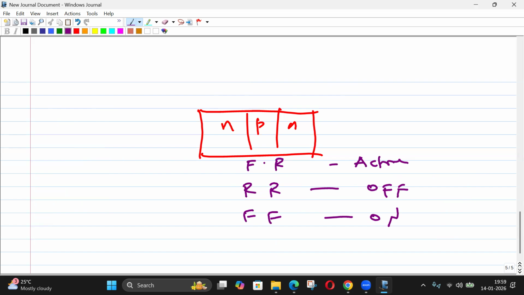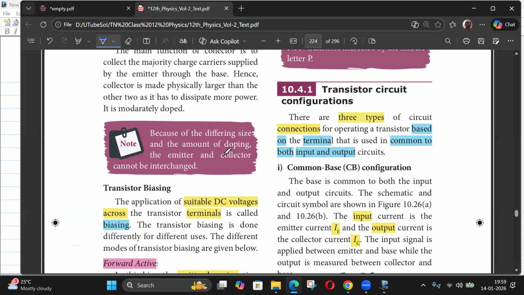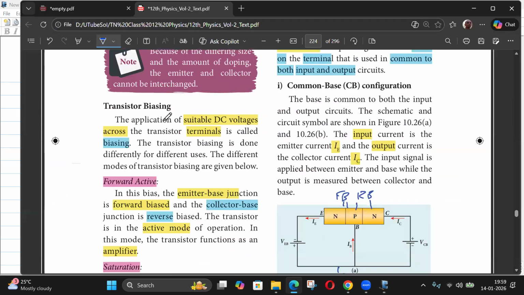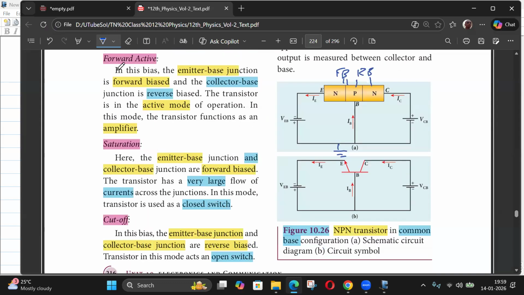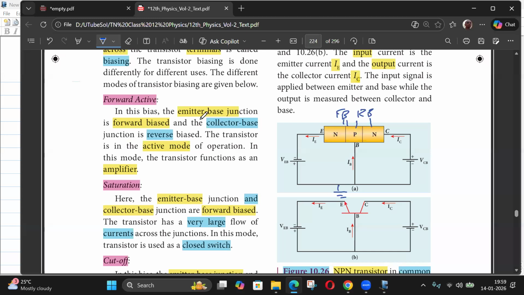These things are possible by using a proper voltage between these two terminals. That's called biasing, applying suitable DC voltage across the terminals. In forward active mode, the emitter-base junction is forward biased and the collector-base junction is reverse biased. This is called active mode and it acts as an amplifier. Saturated means